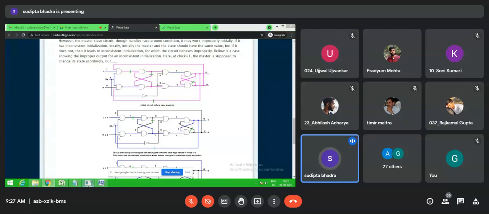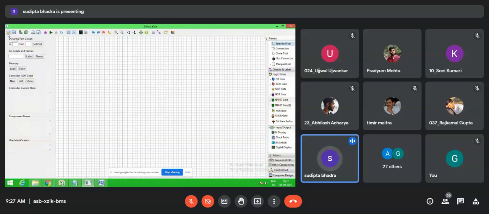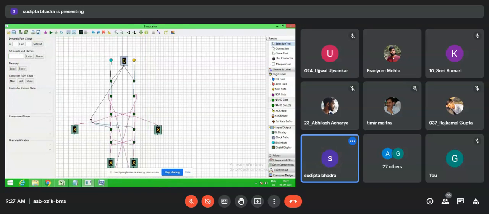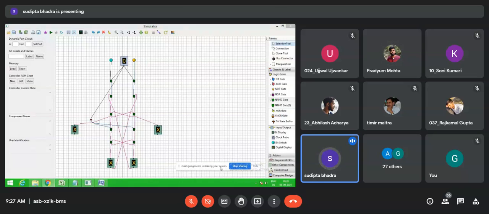So let me show you a JK circuit. Here the master slave JK flip flop. Now here one thing I want to say, that here I have used only 2 input NAND gate. That's why there is one extra label, means one extra